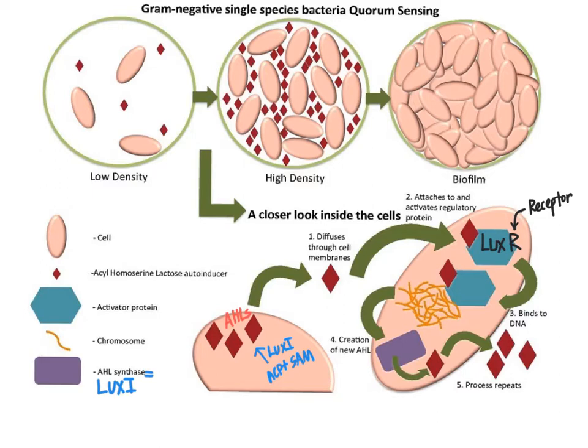That will enable LuxR then to bind to the Lux promoter region that is immediately upstream of genes that are under control of this regulator, LuxR, and thereby trigger the expression of those genes. So that's what we mean when we say that the LuxR complexed with the acyl homoserine lactone is binding to DNA, is that the LuxR